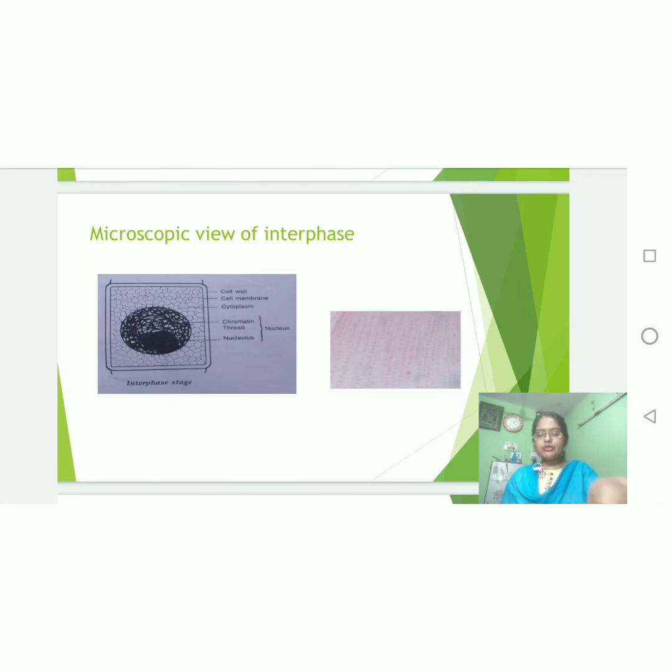However, it is the most active biochemically, as all its future requirements for cell division are manufactured during this phase. It is of very long duration, in respect of prophase, metaphase, anaphase and telophase. It is the longest phase. Here the nucleus is large, distinct, and occupies most of the space of the cell.